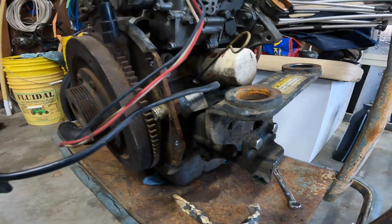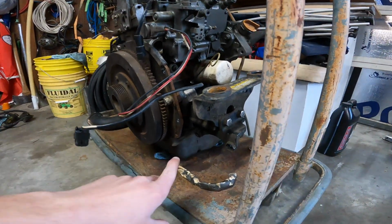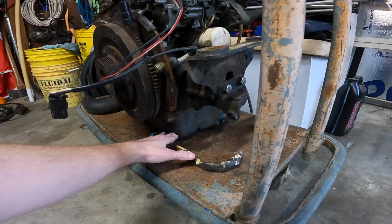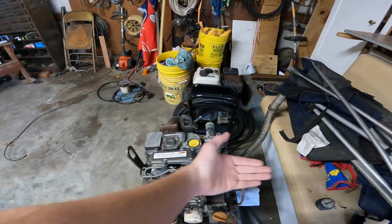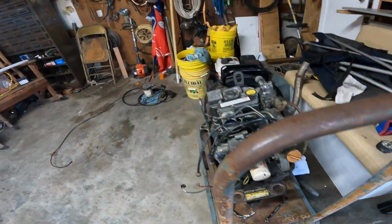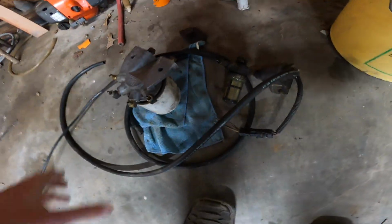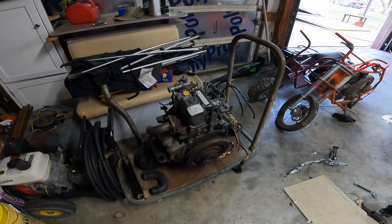But I'm gonna cut these motor mounts off of it or unbolt them, and then I'll use angle iron to get it just high enough to where the oil pan clears. It's got to go in with the fan drive facing the back of the trailer so we can get to our oil filter and our dipstick and pour oil in it and all that from the generator box door. It's got a fuel pump and a remote filter base, so that's perfect. And I'll go over the cooling system, like the radiator, because it is water cooled,